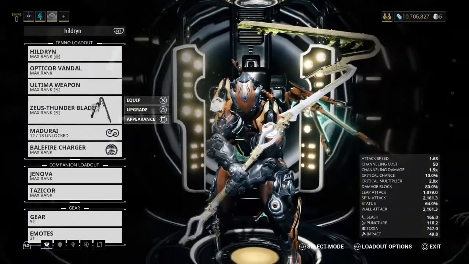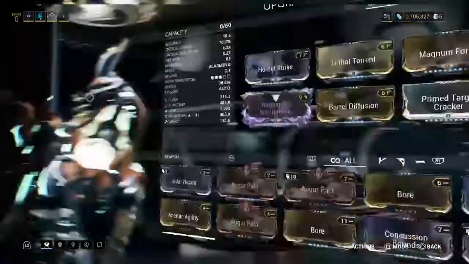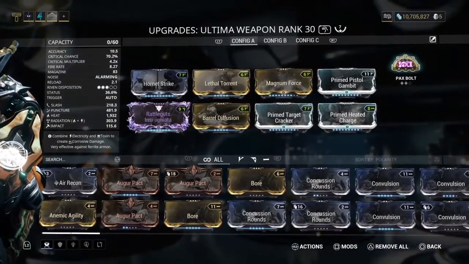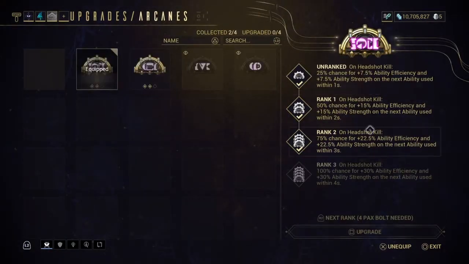And second thing you're going to need is a Kitgun. You're probably asking why do I need a Kitgun? The reason you're going to need this Kitgun is for Pax Bolt. For people that don't know what Pax Bolt does, on headshot kill it grants you for a certain amount of seconds, which I have mine at 3, but maximum is 4 seconds, 100% chance, 30% ability efficiency, and ability strength,